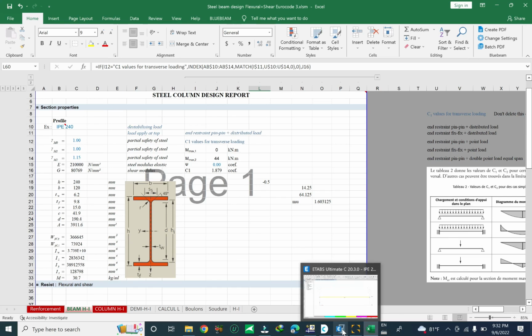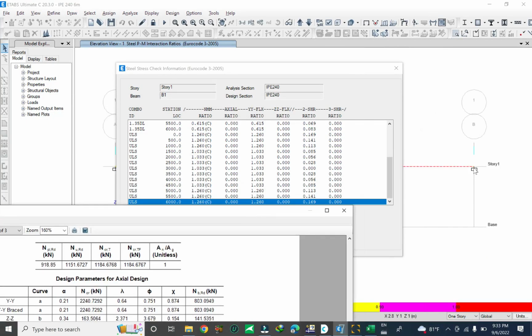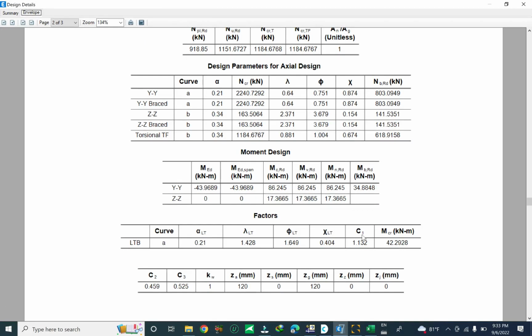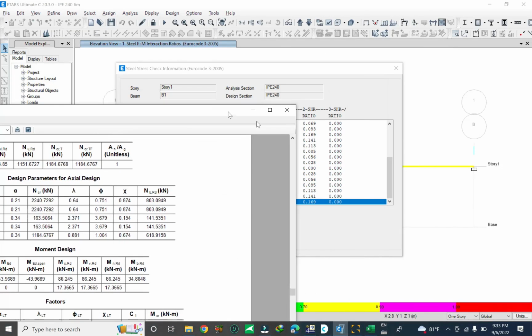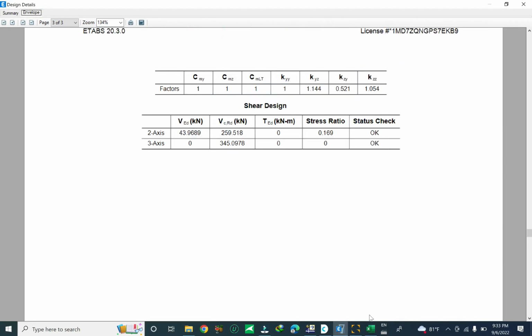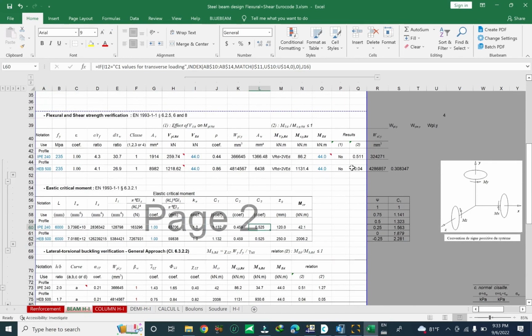Yes, pin, but actually we apply in ETABS a distributed load. ETABS computes the parameters C1, C2, C3 for the pin support with distributed load. You see here why the result of ETABS matches the Excel sheet with manual calculation. Yes, now let me check the result of 0.5. This is the result for the